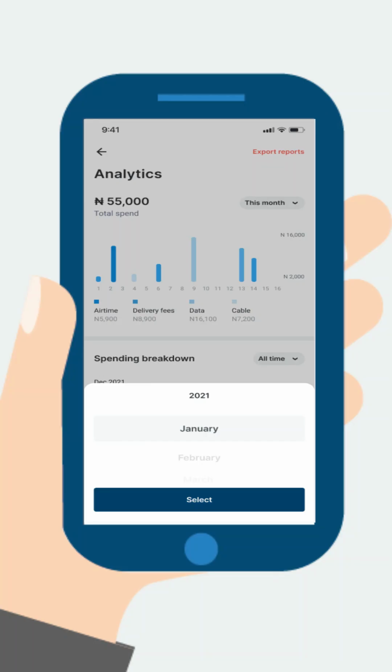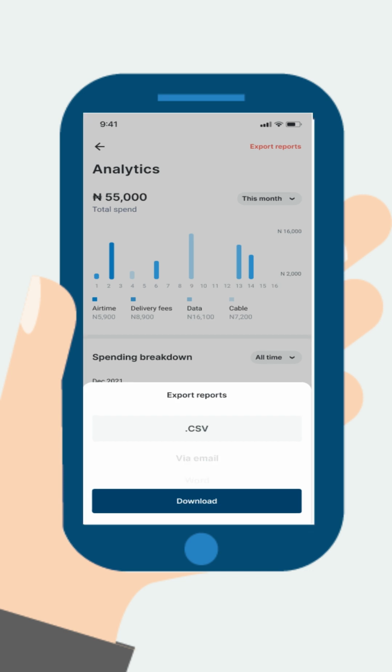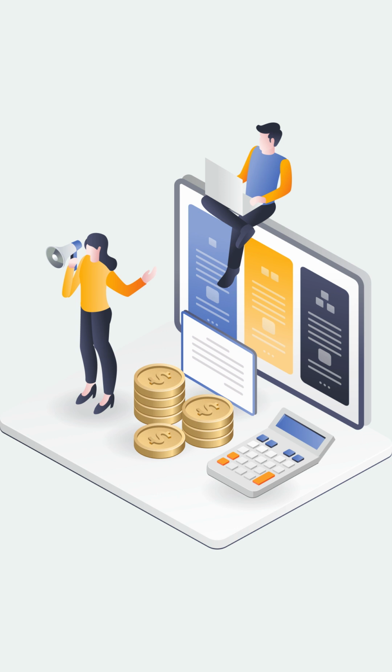You can choose your desired month or year from the drop-down menu to view your payment details for that specific time. To further analyze your payment data, you can export the report in various formats such as CSV, email, and Word. We believe that this feature will give you a better understanding of your spending patterns and help you manage your finances efficiently. With Goflexnow, you can trust that your payments are secure and